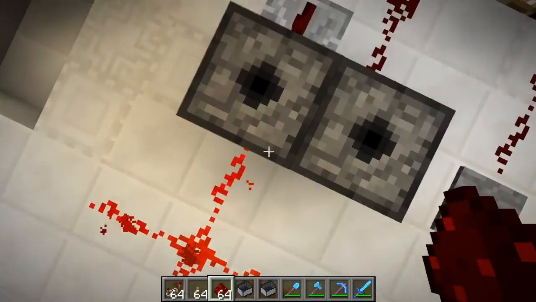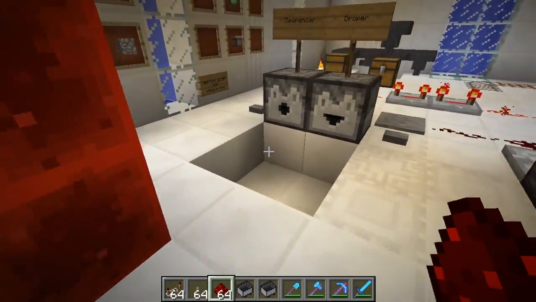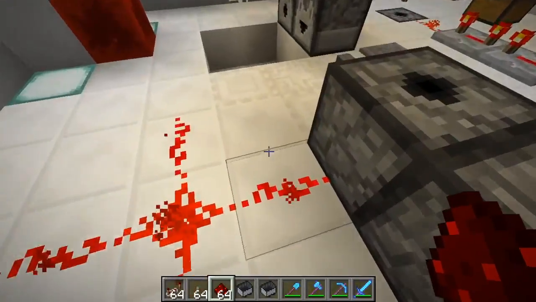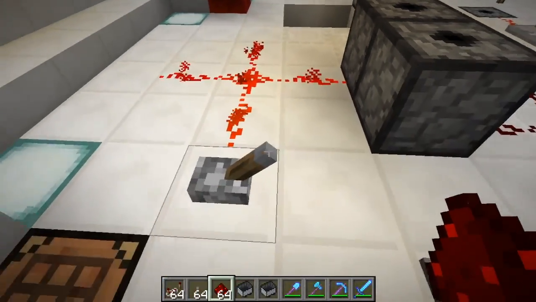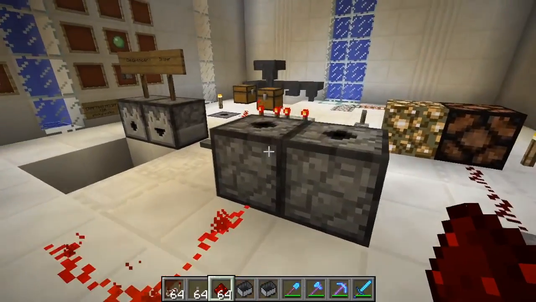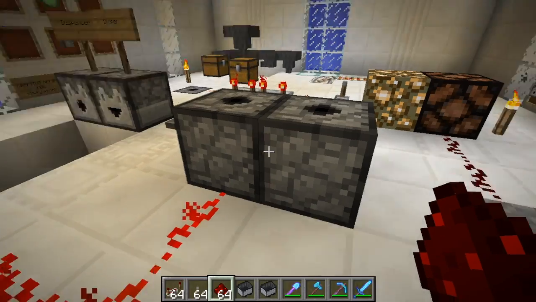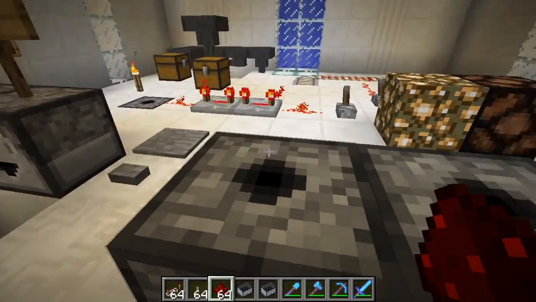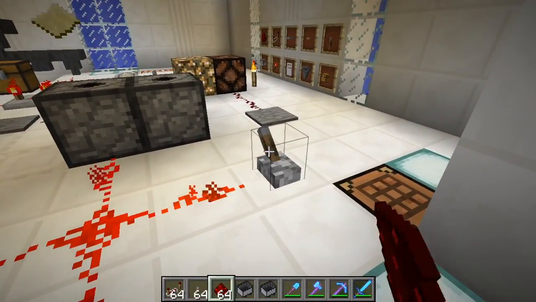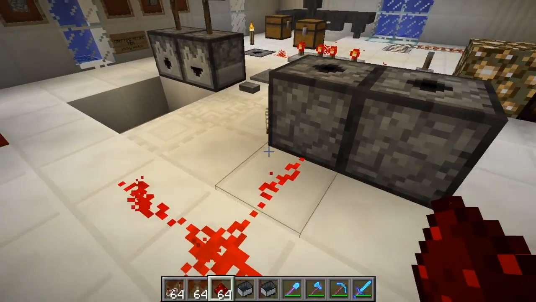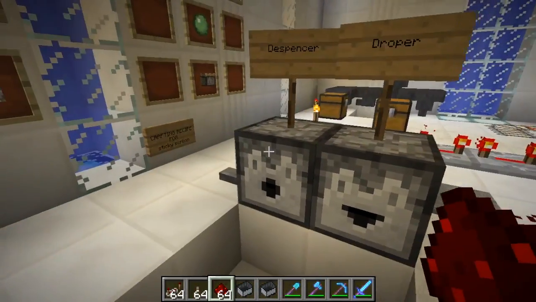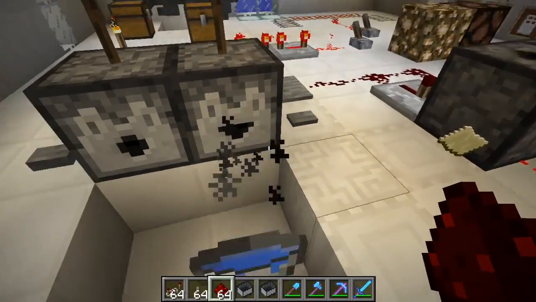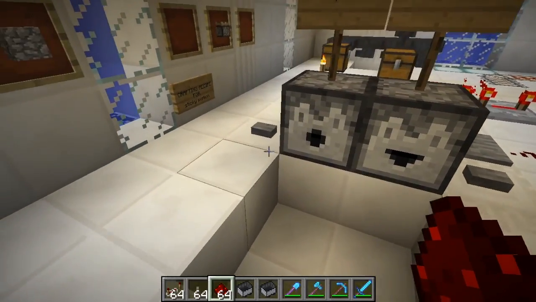Then you have something called dispensers and droppers. Pretty much, when you connect redstone to them directly, it makes this line connecting towards them. When you turn it on, something will be thrown out, whatever you want. As you can see, you can just look right here, while I pull the lever, it will throw out. And so the difference between a dispenser and a dropper is a dropper drops the item, and a dispenser